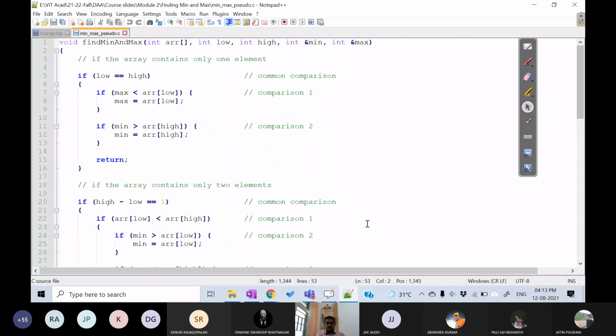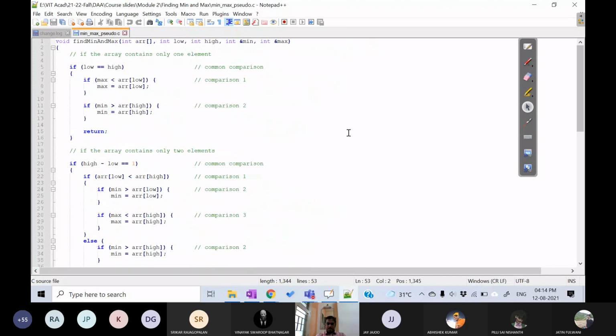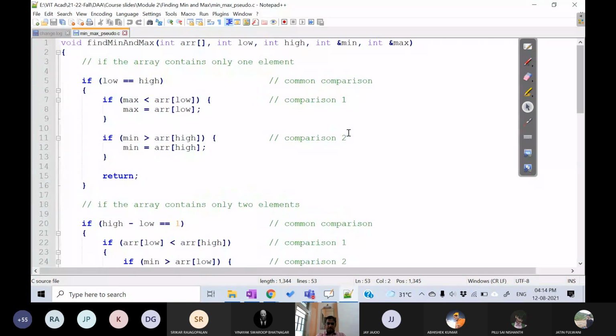But still, when you convert an algorithm to a program, you need to take care of small things. There will be a lot of small things to be taken care of. Otherwise, the process will not give expected results. So here you can see this is a recursive algorithm. On line number 1, you can see, maybe I'll maximize this. I don't know. It's working. Okay.